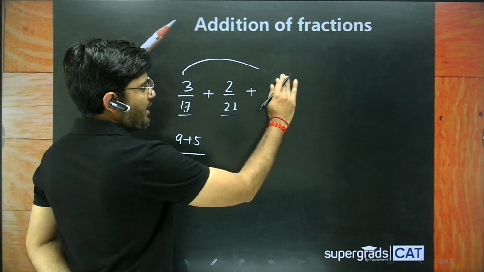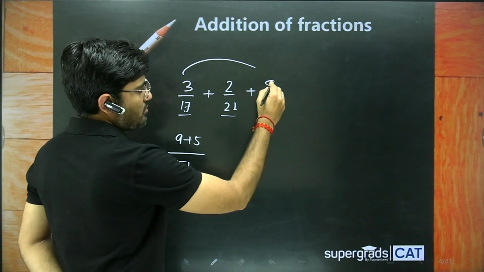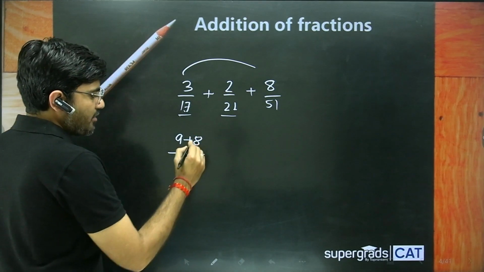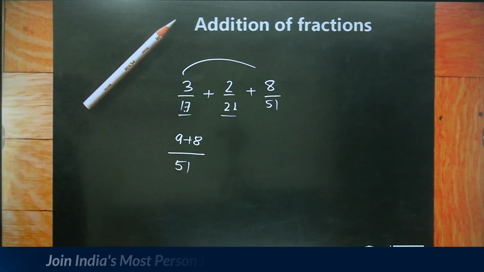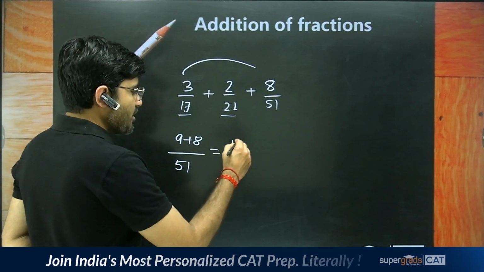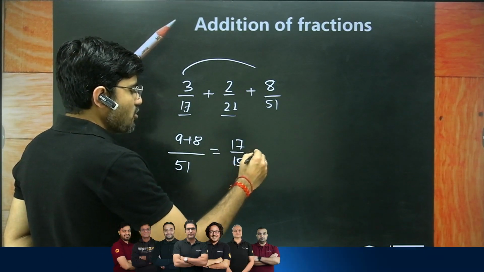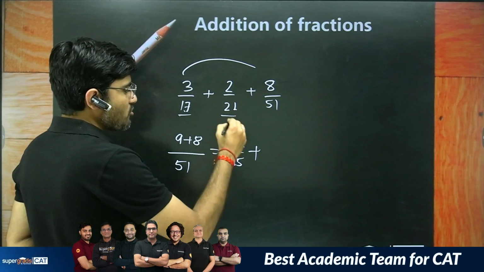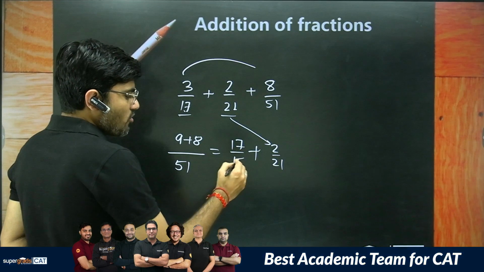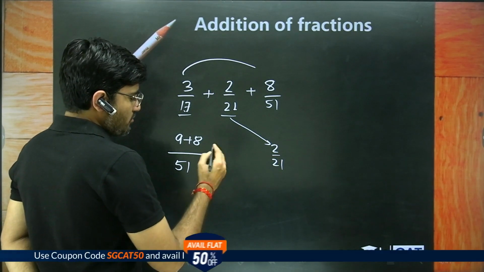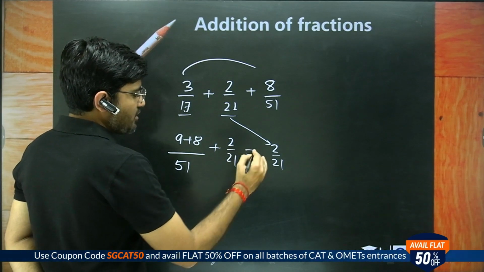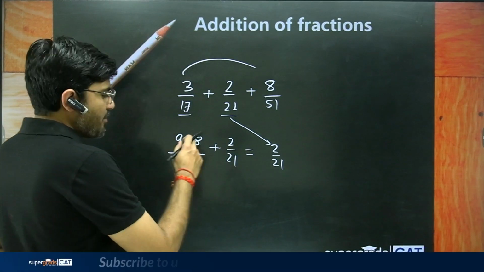Let's make this 8, it will become easier. 8 by 51. So 9 plus 8 upon 51. तो अगर मैं 9 plus 8 upon 51 करता हूं तो it will become 17 by 51 plus बचा हुआ पोर्शन तो अभी ऐसा का ऐसा इधर आ जाएगा ना 2 by 21. और अब देखो, plus 2/21 इसको यहीं रहने देते हैं नहीं तो मैथमेटिकली गलत हो जाता. तो 9 प्लस 8 इज नथिंग बट